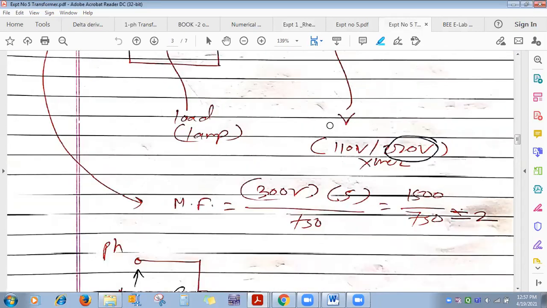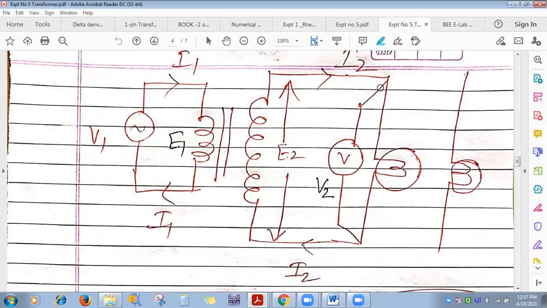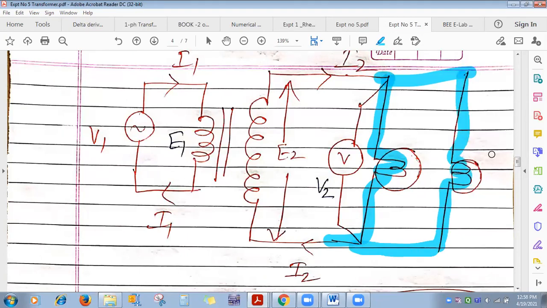Now from the second reading, we'll connect the load across the transformer. So here we have connected the first lamp, and the second lamp I will also connect in parallel, because each and every load always gets connected in parallel in an electrical system. So second reading, 2 lamps in parallel, then 4, 6, 8 and 10 lamps in parallel. Now the circuit is closed on the secondary.